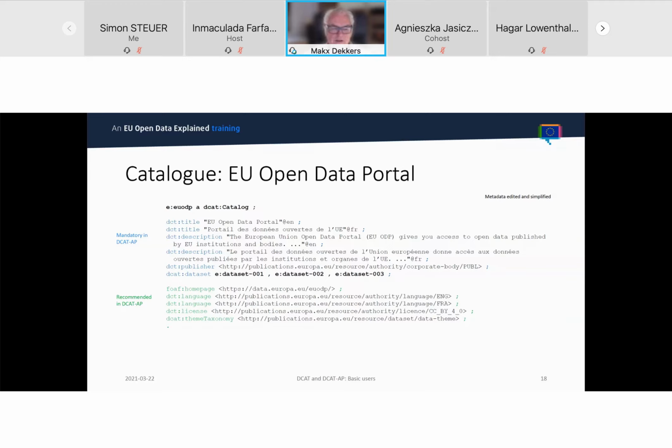And then it has data sets, three data sets in this example, and I'll come back to one of them later in the example. And those blue ones that you can see here are all things that are mandatory in DCAT-AP. The green ones are recommended in DCAT-AP. The homepage of the EU Open Data Portal, the languages, and there in real fact you have a whole list of languages that are supported, a license for the catalog, and then the theme taxonomy, as I also showed in the previous part, is the data theme